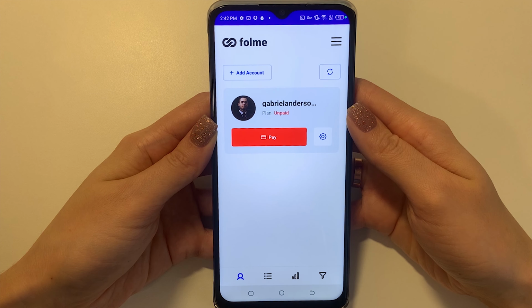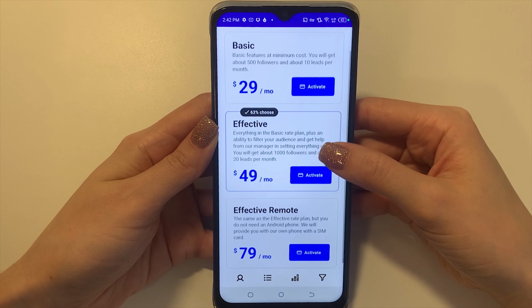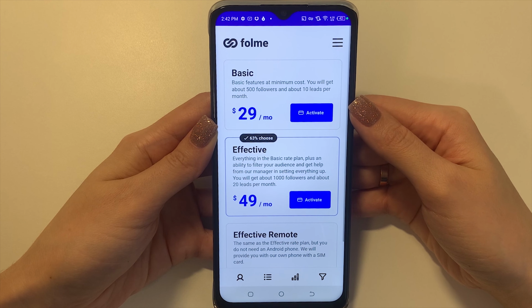Now we need to pay for the account. I click on Pay and I see that there are 3 plans that I can choose from. The basic rate plan allows you just to use the promotion strategy without any additional perks. I will talk about them further. Your account will be following your competitors' audience, liking their posts, viewing their stories, and sending direct messages to new